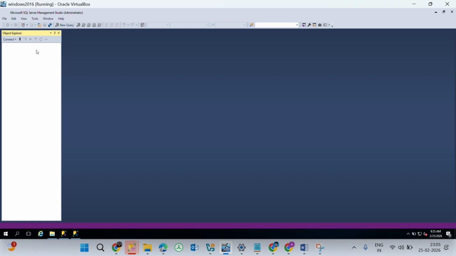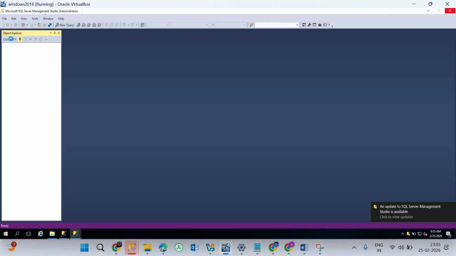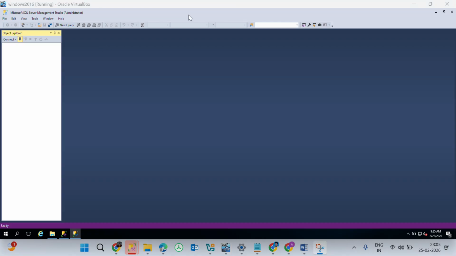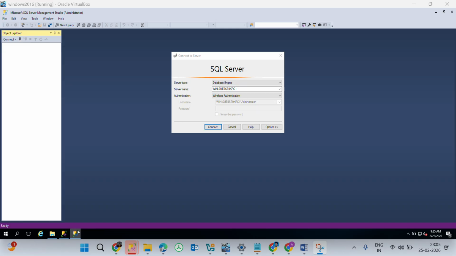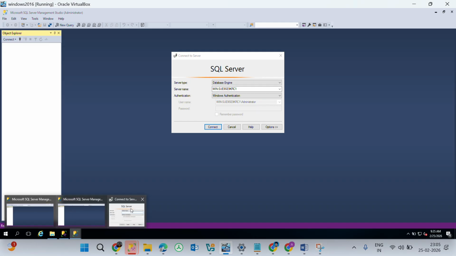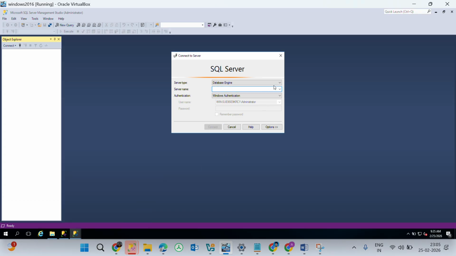Yeah, this is the SSMS tool. Here are the database services which we have installed. Here we have to connect, like I have installed the default instance. It is slow because this is also running. I will stop this. Okay, anyhow it has come. I will proceed with this. If I browse here,